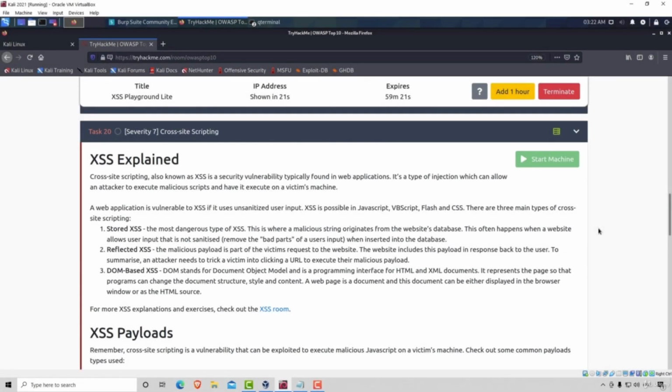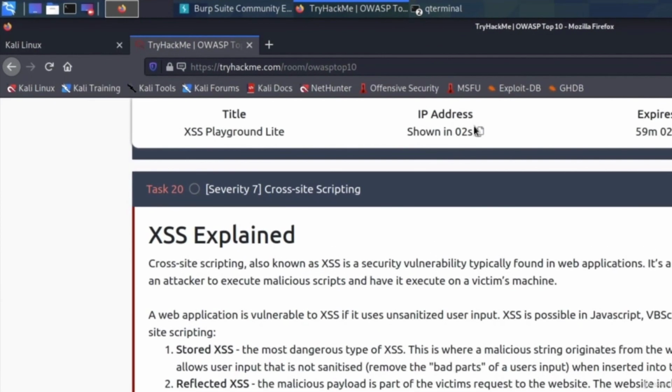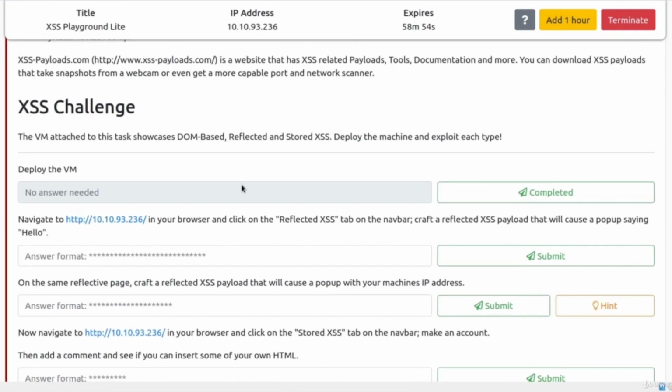Welcome back. Now that we learned what XSS is in theory, let's see different examples of how we can use and exploit the XSS vulnerability. We're going to start off as usual with our Try Hack Me platform. I already have my machine started right here. I have navigated to task number 20, which says cross-site scripting, and we have a couple of options right here,